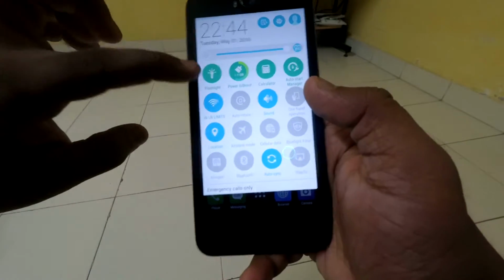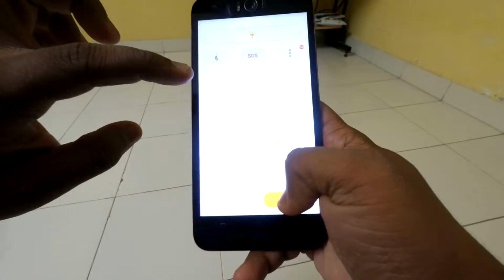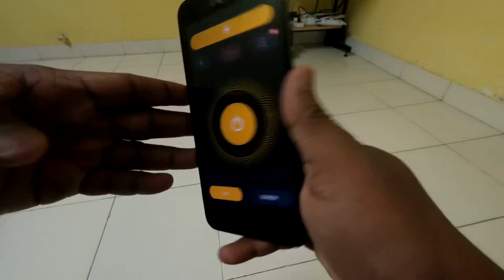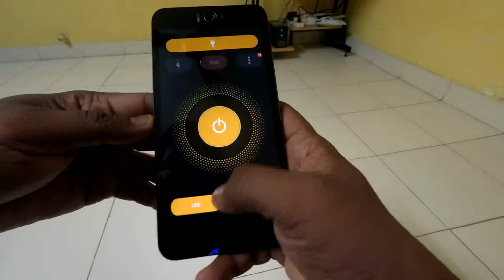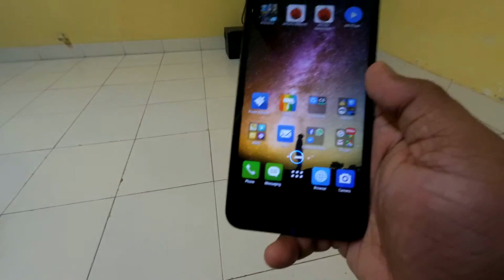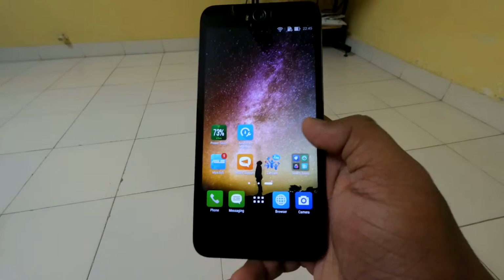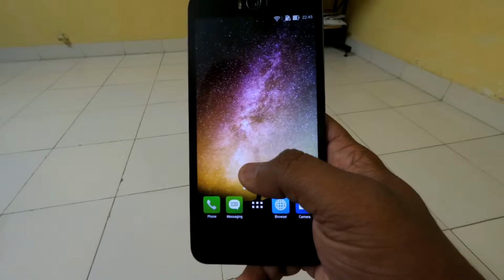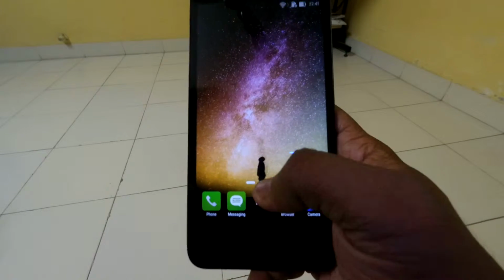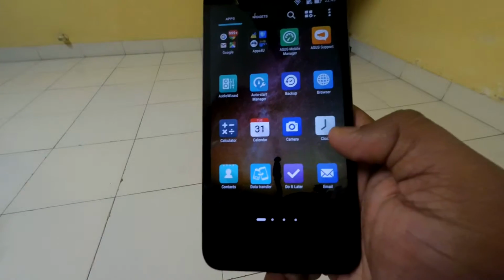So you can see all the things are handy over here, this is the screen, this is the LED, this is the back. So everything is pretty much the same as what other phones have. The only thing is it has the front flash and the camera, which is 13 megapixels. As the name says, it's a selfie phone. So I tried some